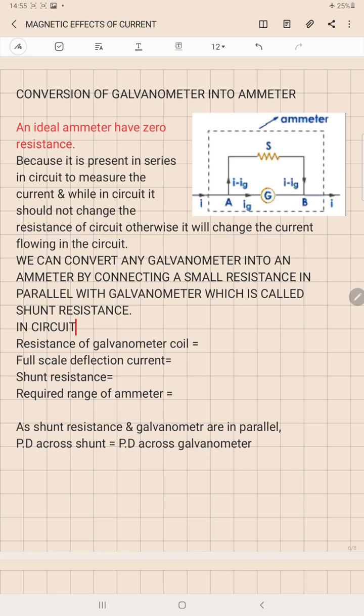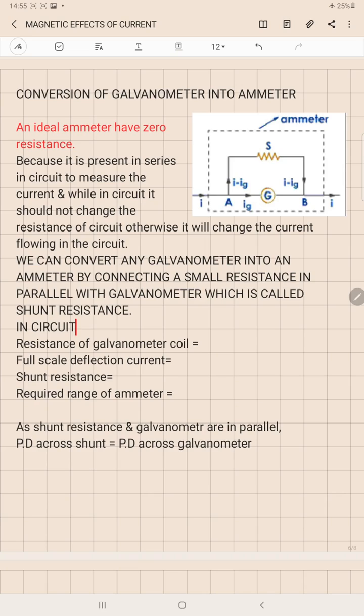So when it is connected in series with the circuit, then the resistance of the galvanometer coil adds some more amount of resistance into the total resistance of the circuit, due to which the current flowing in the circuit will reduce. So if a galvanometer is directly connected in the circuit in series to measure the current, due to the overall increase in the resistance of the circuit, the current which we intend to measure will decrease. So we will get an incorrect measurement of the